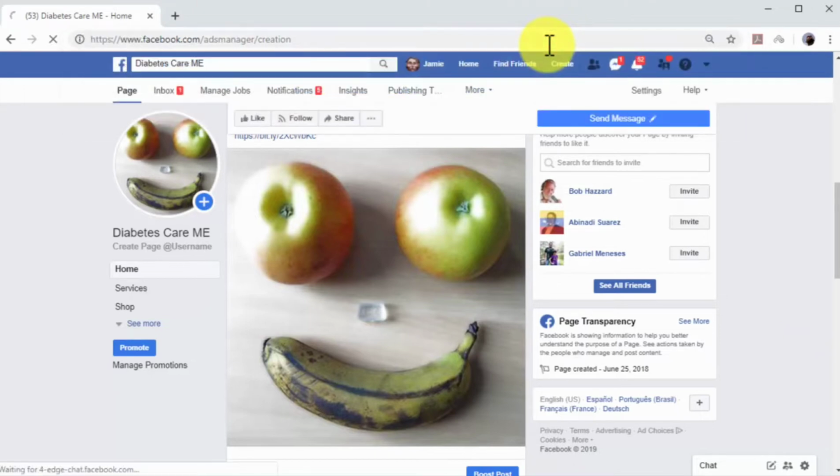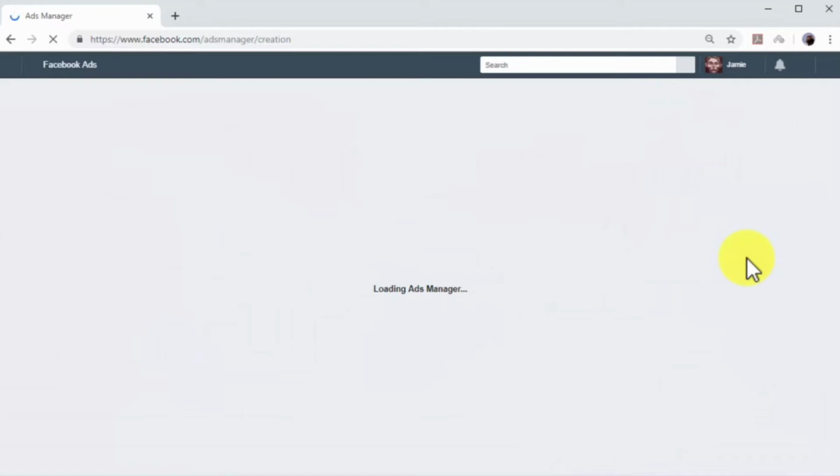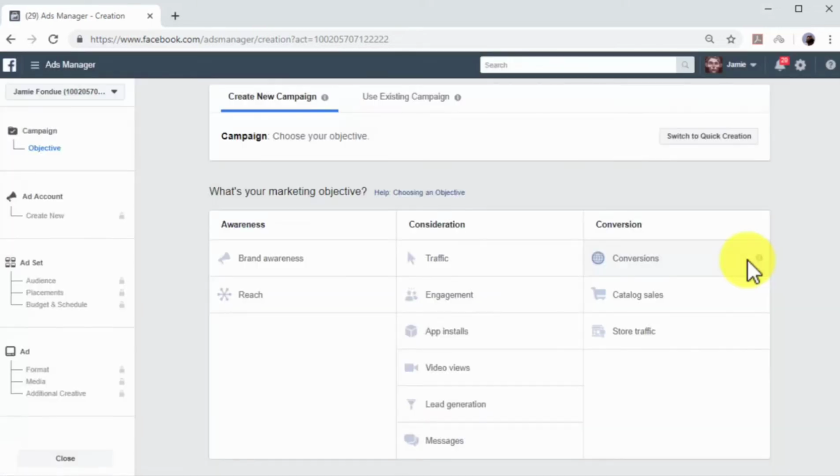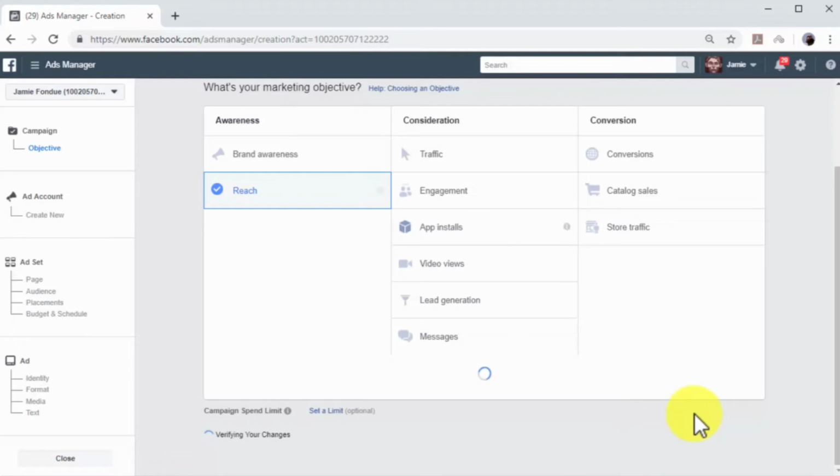You can access the Ads Manager by going to http://facebook.com/adsmanager/creation on your browser while logged into your Facebook account. That URL will take you to the campaign creation screen, where you have to select a campaign objective to get started. Campaign objectives are pre-built campaign setups that are optimized to help you achieve specific marketing goals. Because your marketing goal with this campaign is to increase your reach, you have to click on the Reach option